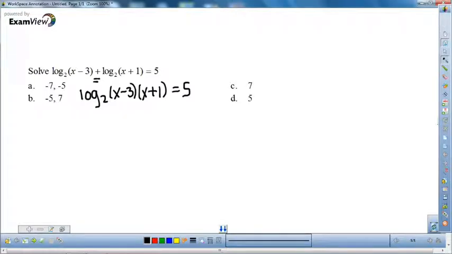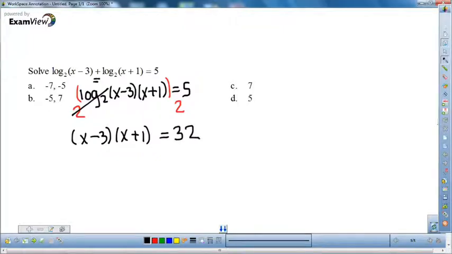So I'm going to get rid of the log. To get rid of the log base 2 is to do the opposite. So that means I'm going to take this whole thing, the log base 2, to the exponent, and I'm going to have 2 as my base. But what I do to one side, I have to do to the other. So my 2 and log base 2 cancel, so I'm just left with x minus 3 times x plus 1, and that's going to equal 2 to the 5th,